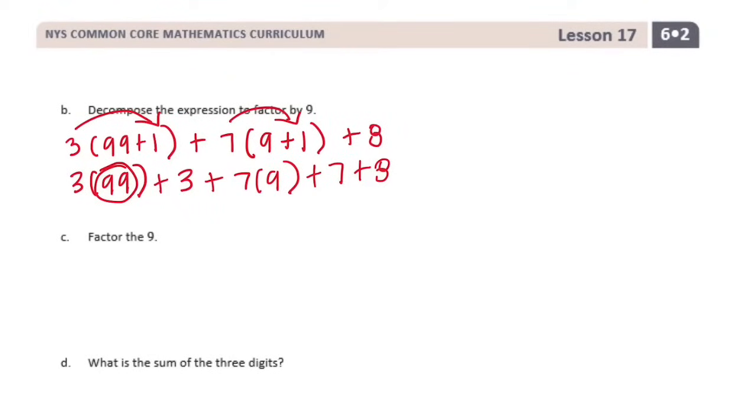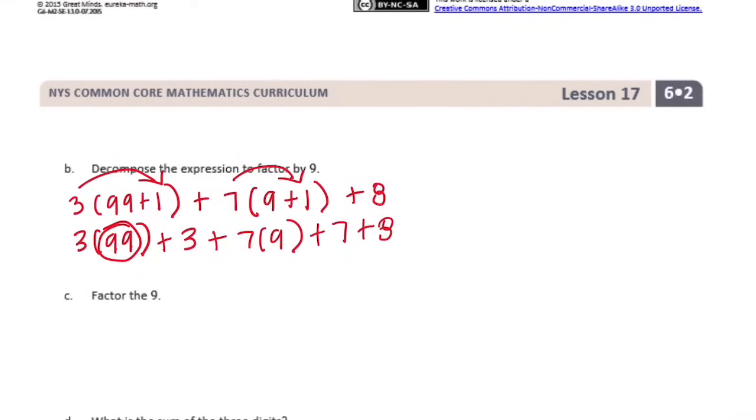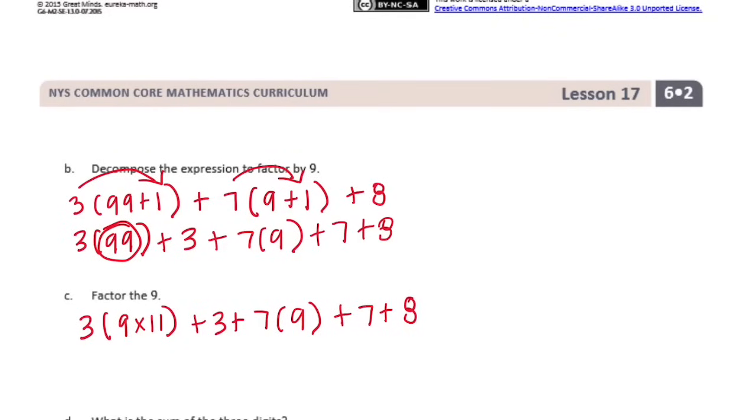By 99, I can break that into 9 times 11. So I'm really trying to factor out the 9, bring out any 9s that I can. So 3, I'm going to turn it into 9 times 11 plus 3, plus 7 times 9, plus 7, plus 8. And now by factoring out the 9, we have 9 times 11, and we have a 9 right there. So I'm going to switch the order around, and we have 9 times, so we have here 3 times 11,